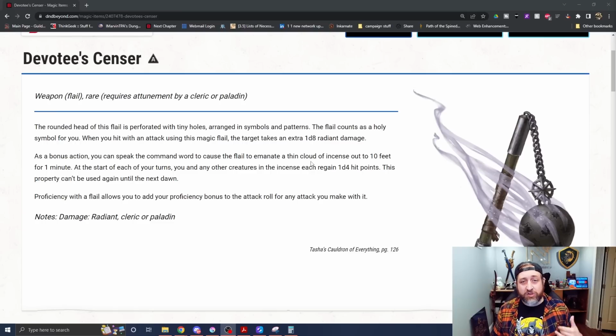And at the start of each of your turns, any other creature contained within that 10-foot area gets a d4 hit points, and that's only usable once until the next dawn. Now, I will remind you that this does not distinguish between enemy and ally. It will heal enemies as well. So that's a thing to consider, but it is only when they're standing within 10 feet of you at the